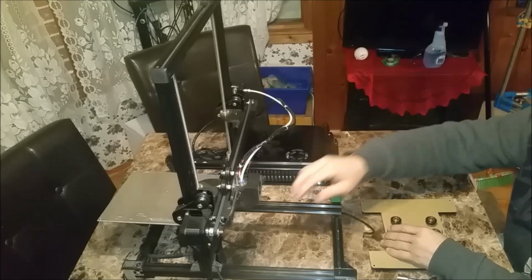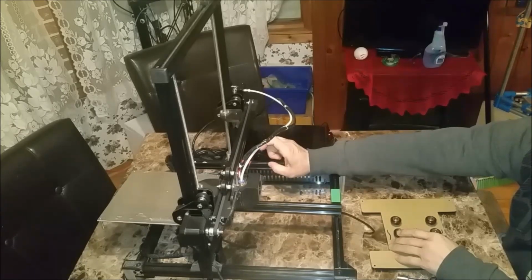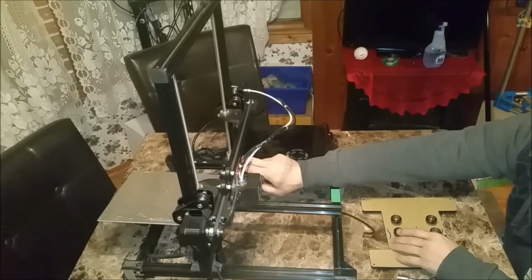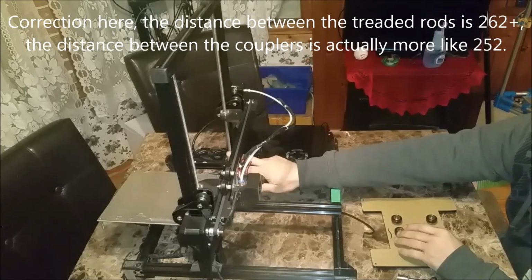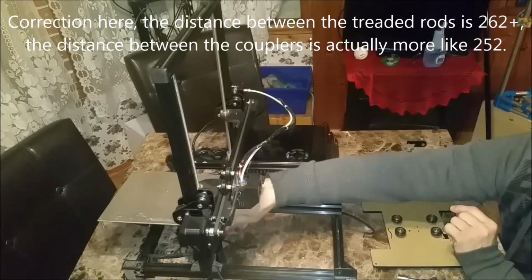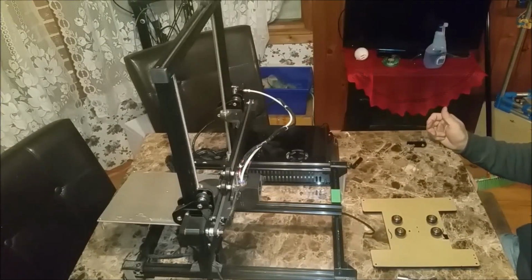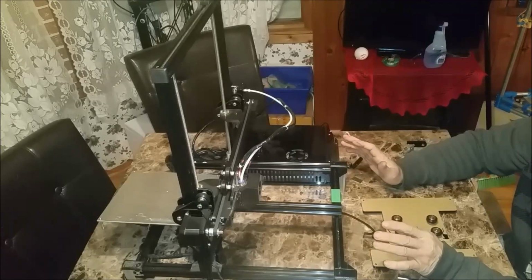Second thing I'm going to do is the brackets for the z-axis stepper motors. They have slots in them, so these can be adjusted down or up. I'm going to adjust those down so that I have better clearance for my bed above the coupler. The distance between the two couplers is about 262, and I'm going to go for a distance of 255 between the two couplers for my x-axis. And that'll be pretty much the limit of my x-axis,